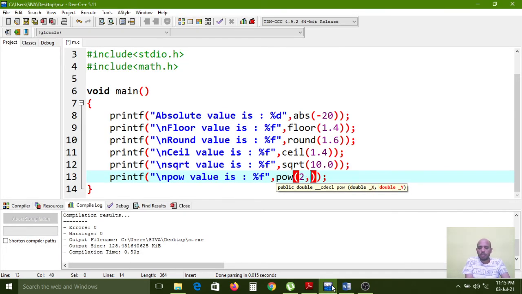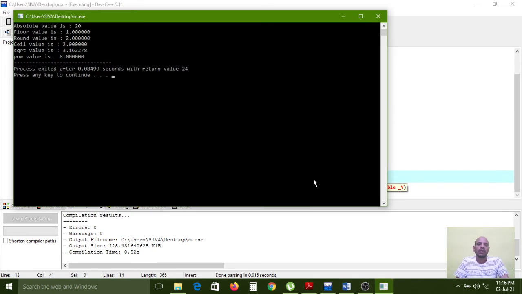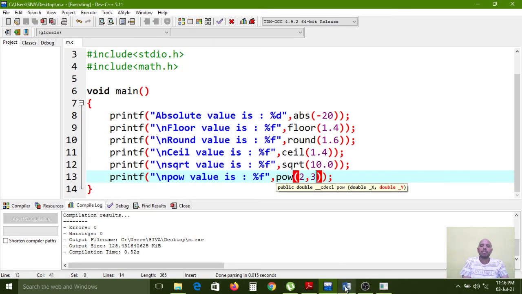Power value 2 comma 2. The first value is the base value and the second value is the power value. Here 2 to the power of 2 is square, or 2, 3, which is cube. 2 is the base value and 3 is the power value. Now I am compiling this one, now I am executing. So 2 to the power of 3 means 2 2s are 4, 4 2s are 8. So the output it is showing the same. So like that we can use the mathematical functions. These are also predefined mathematical functions.